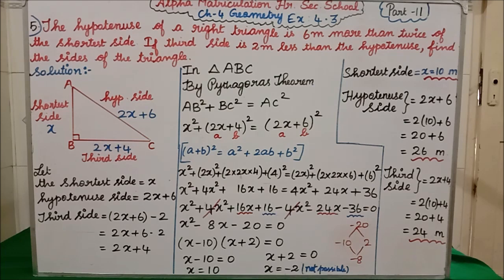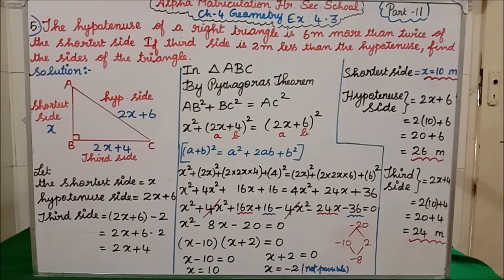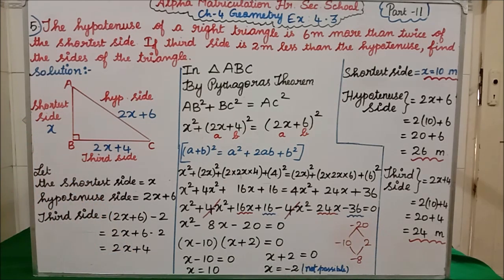Now x square term over, x term over, then we have to go for the constant term. Here the constant is what? 16 minus 36 we have. 16 minus 36 is what, student? You have to subtract. So 36 minus 16 is 20. The greater number is 36, for that minus sign, so here also minus 20.